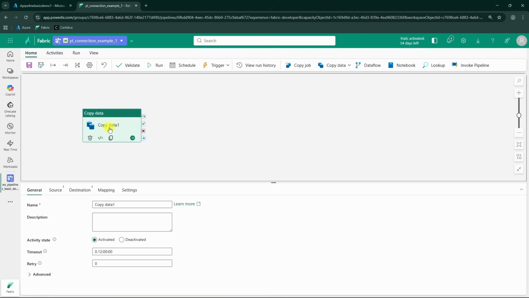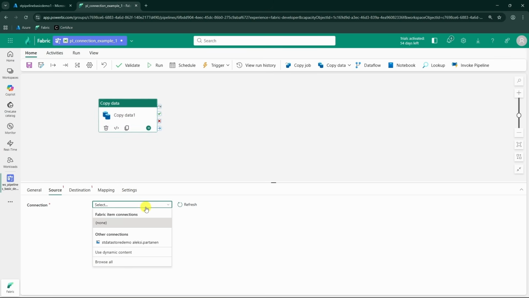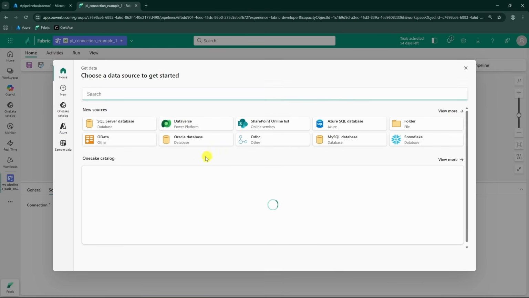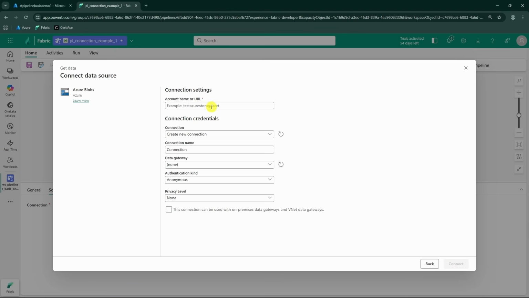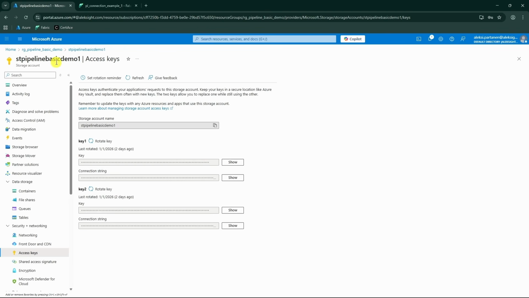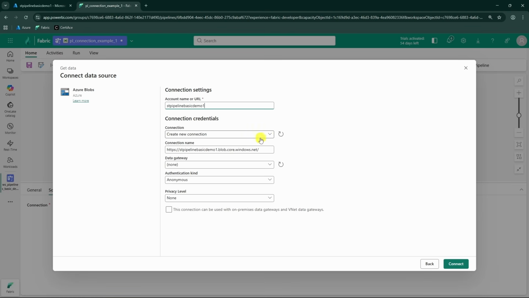But now let's go back to Fabric and let's go to the source side, and now we are going to browse all the connections that we have here. So let's click Browse. Here we are actually going to view more, and here we have to find the Azure blobs, and this is the connection that we are going to use. And now we would have to provide the storage account name or URL to which we are going to connect. So we can get the name from the Azure side of things, so let's copy the name and add it here, and then we're going to create a new connection, and here we have the connection name that is